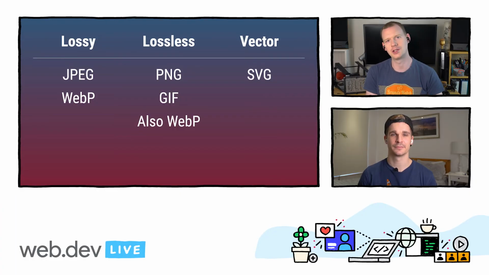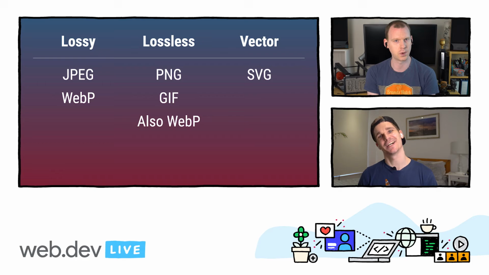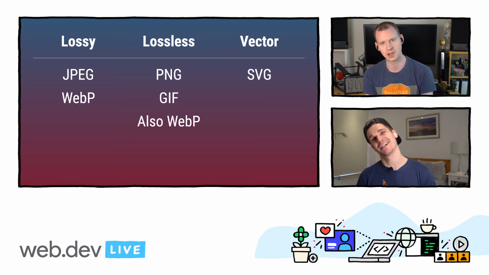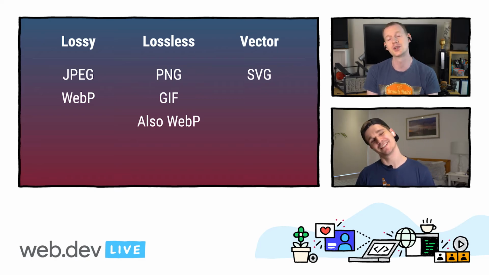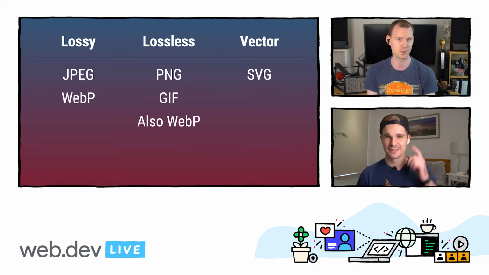So here are the formats, right? We've got lossy, JPEG and WebP. We've got lossless, PNG, GIF, and also WebP. And on the vector side, SVG. Hang on. You put GIFs under lossless? They are lossless. With their 256 colors? Yes, but you make that change before compression. The GIF compressor won't accept images with more than 256 colors. That's a step you have to run before the compression. It's lossless. Trust me, because we are going to look at doing the same for PNG as well.